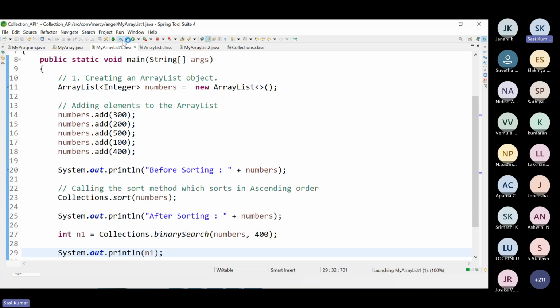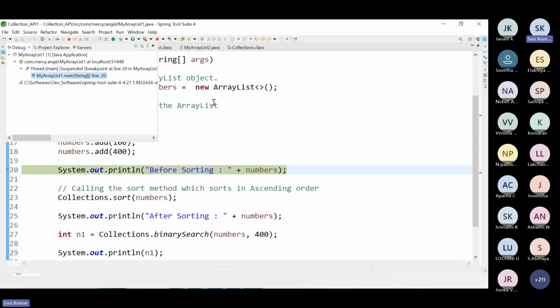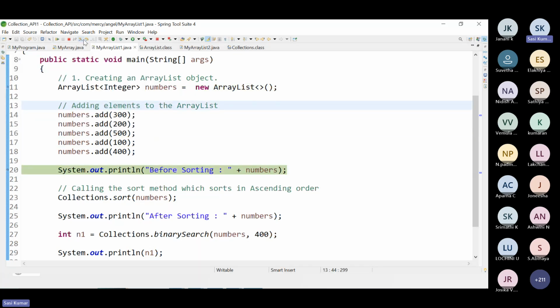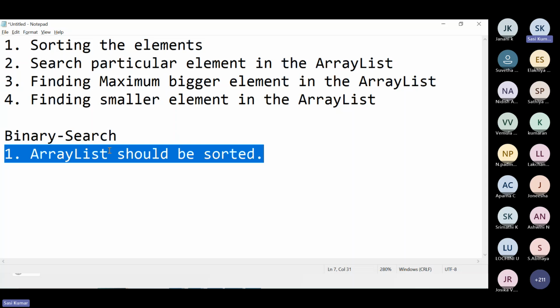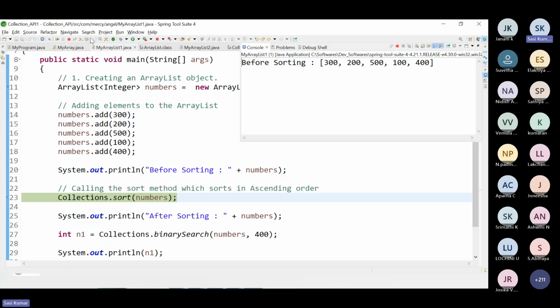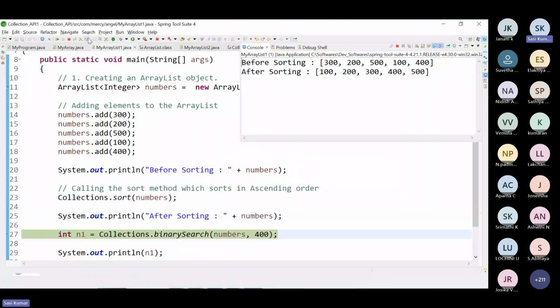What we are doing is simple. We are creating an array list and adding multiple elements. Then the main condition is that we need to sort the array list. That is the number one condition we have seen: binary search can be performed on a sorted list. Let's run again. The array list is sorted. Now we can perform binary search. Let's run.